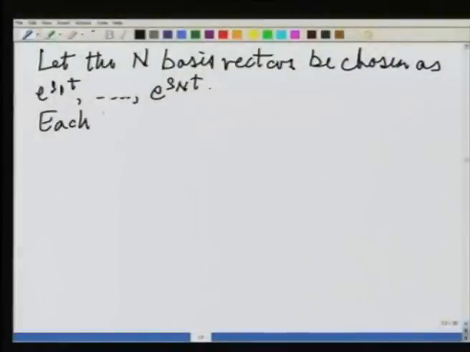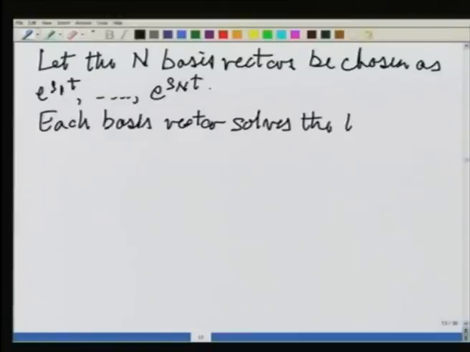Then in short we can say that each basis vector solves the homogeneous equation, fine. Each basis vector solves the homogeneous equation, and by what we have found,